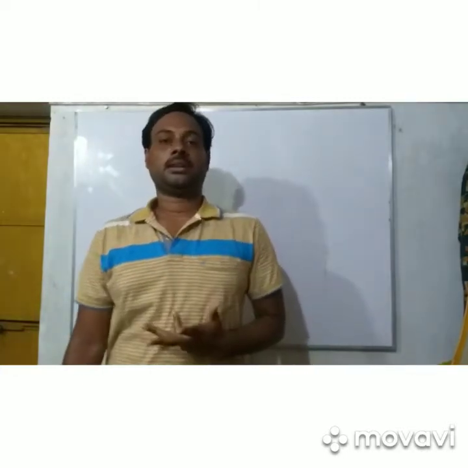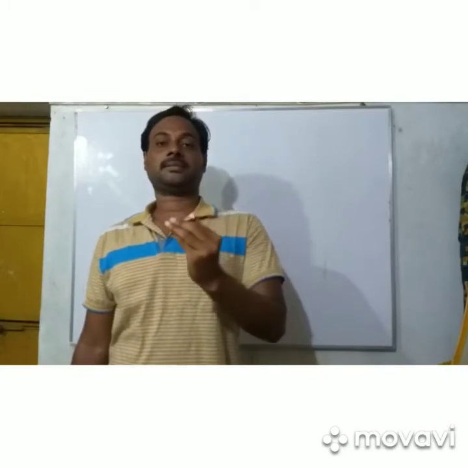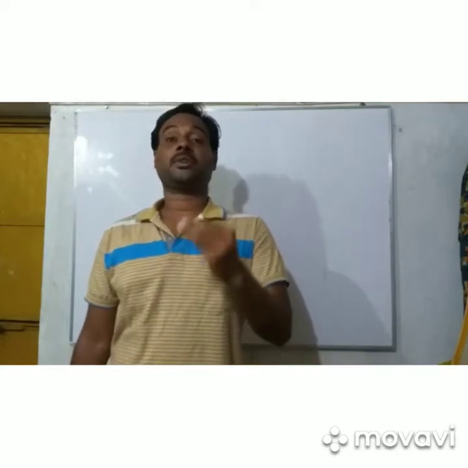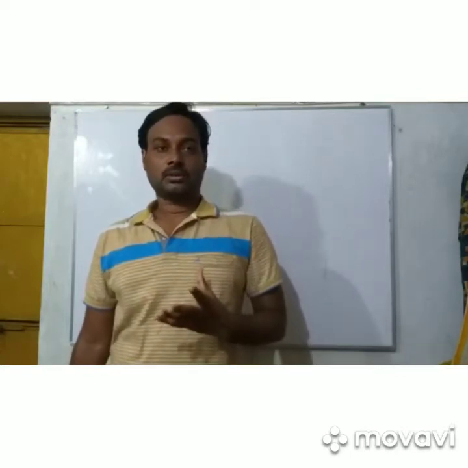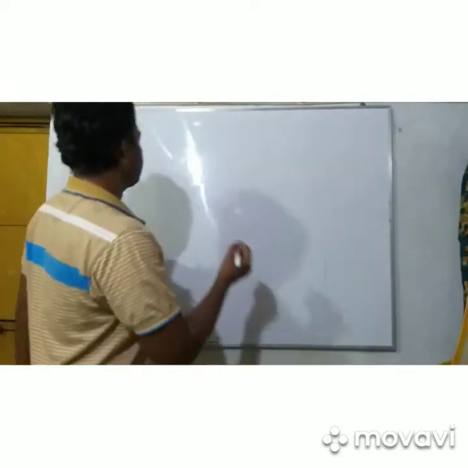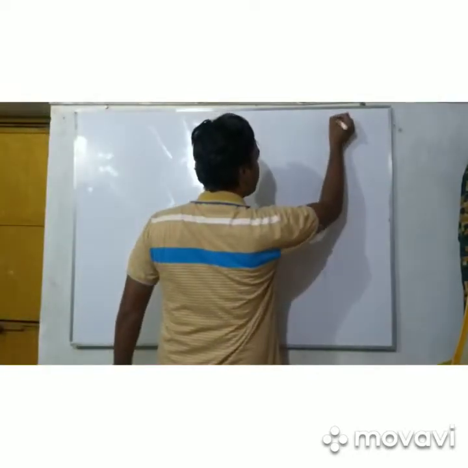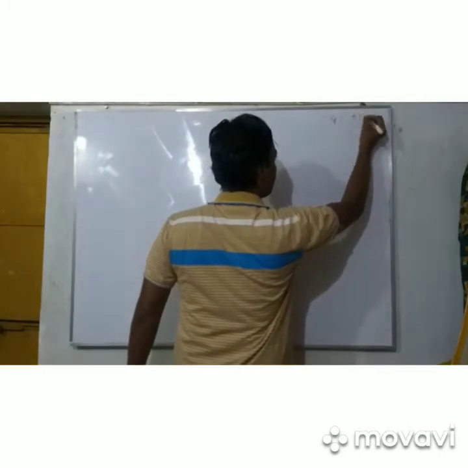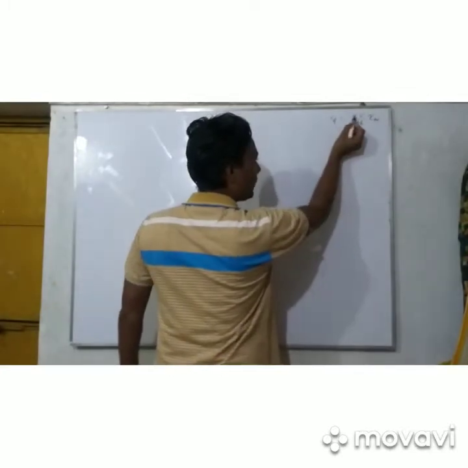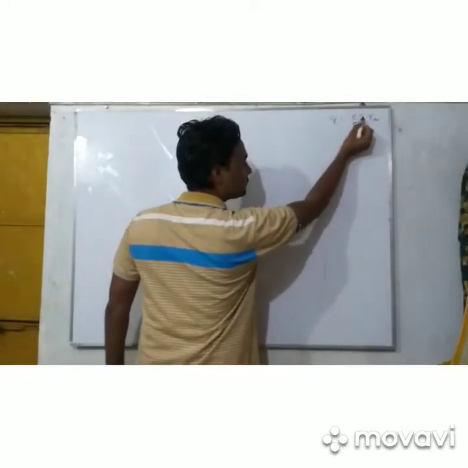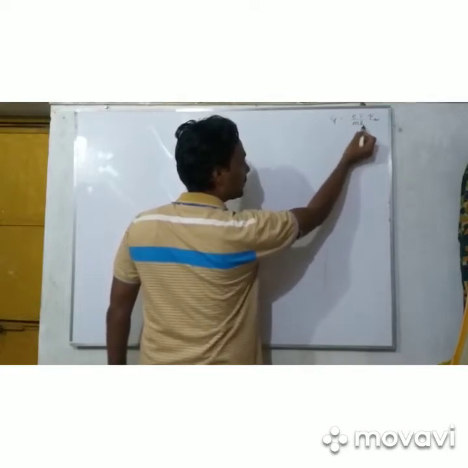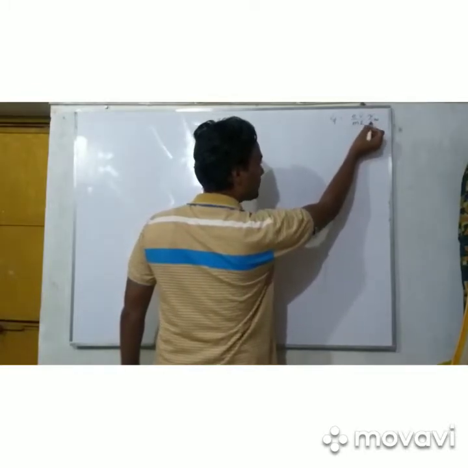Drift velocity means the net average velocity with which free electrons drift toward the positive terminal of the battery. I have already defined it, and its formula is Vd equal to eV by mL into tau average. Here e means charge of electron, V means potential difference across the conductor, m means mass of the electron, L means length of the conductor, and tau is the relaxation time.